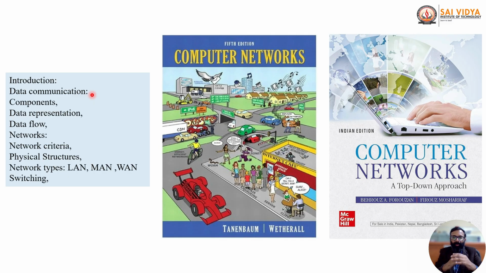Section 1, where we try to understand the components of computer communication. Section 2, we are going to understand the different models, that is OSI and TCP. And section 3, we are going to analyze a few portions of the data link layer and address resolution